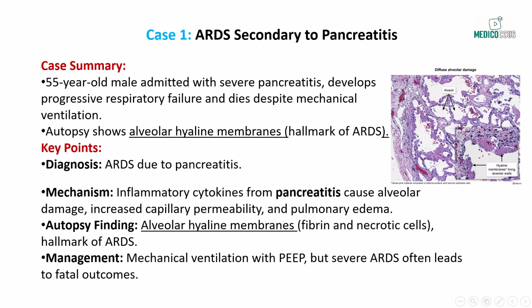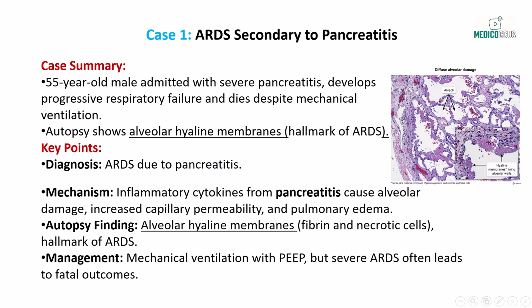The key question is, what was the most likely finding on autopsy? The correct answer is alveolar hyaline membranes. This patient's presentation is highly suggestive of acute respiratory distress syndrome, a serious complication of acute pancreatitis. In ARDS, the inflammatory cytokines and enzymes released during pancreatitis cause diffuse alveolar damage in the lungs. This results in increased capillary permeability, leading to the formation of protein-rich pulmonary edema and the development of hyaline membranes